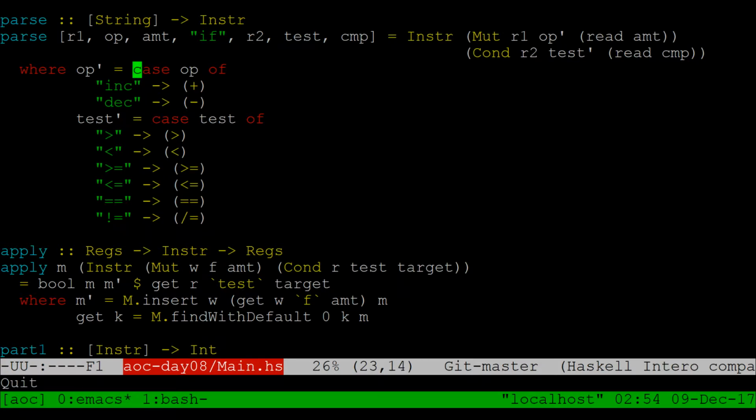And it's pretty simple, right? We say, well, how do you parse a string that is either inc or dec? You do a case match on it, a pattern match. And if it's inc, you return the function plus. And if it's dec, you return the function minus. I don't know if you guys have seen minus and plus operators treated as bare functions yet. You've seen an operator section like